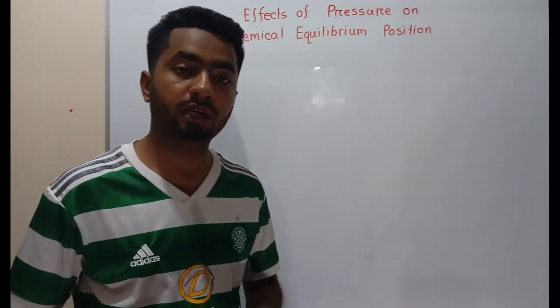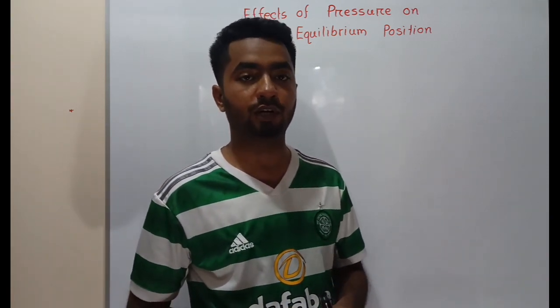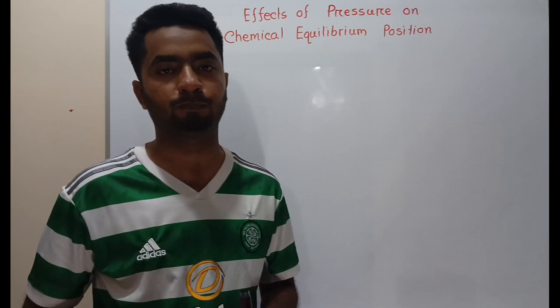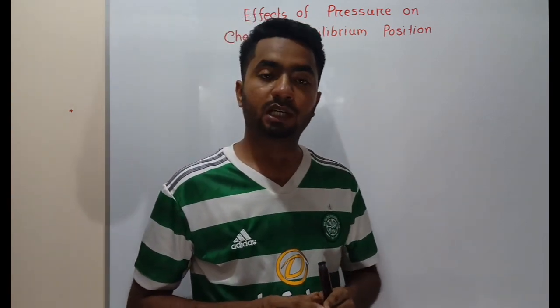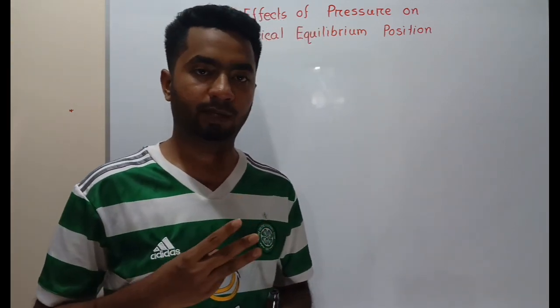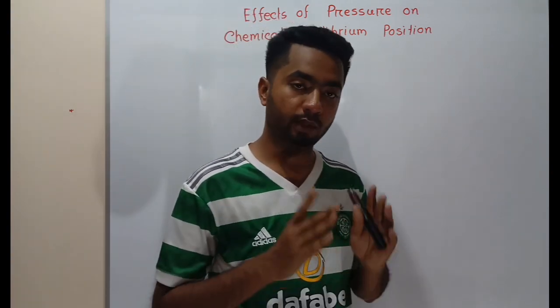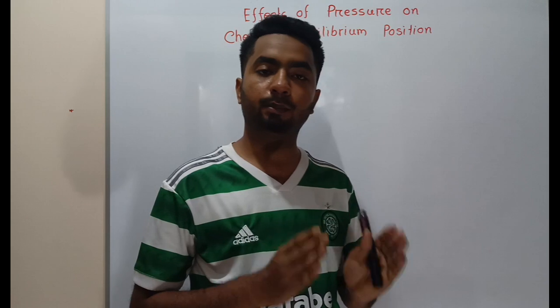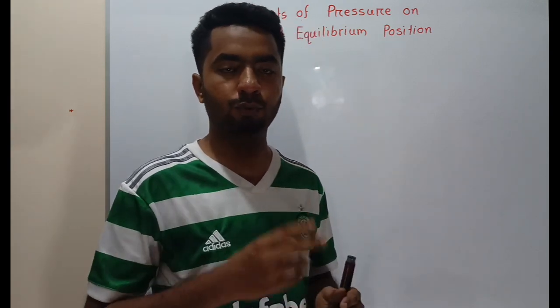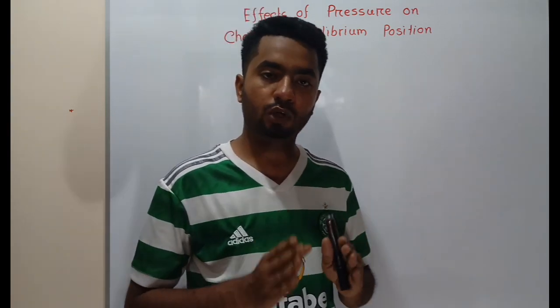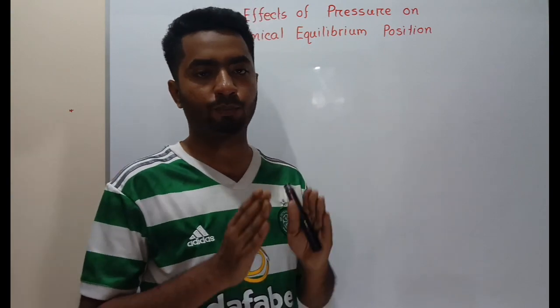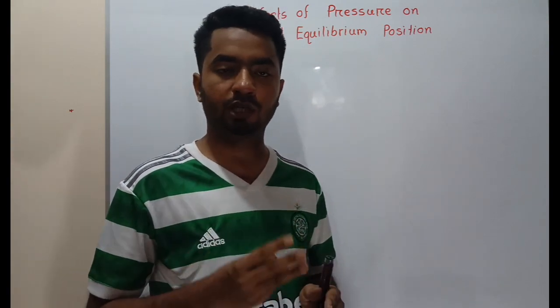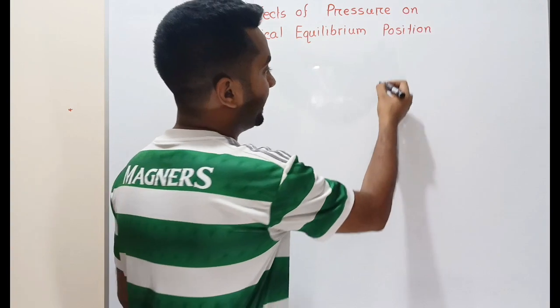I repeat, chemical equilibrium position for a reversible chemical reaction. In chemistry, for a reversible chemical reaction, three things can happen. The three things are number 1, when the number of mole of products is greater than the number of mole of reactants. Number 2, when the number of mole of products is less than the number of mole of reactants, and number 3, when they are equal. So case 1,